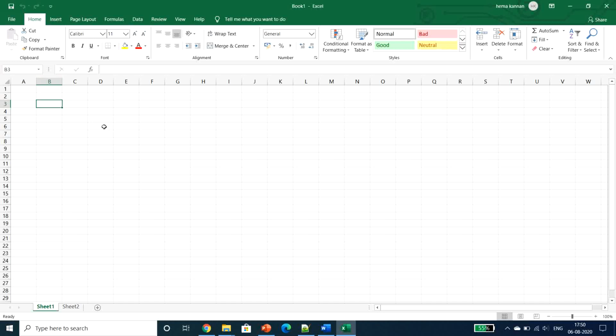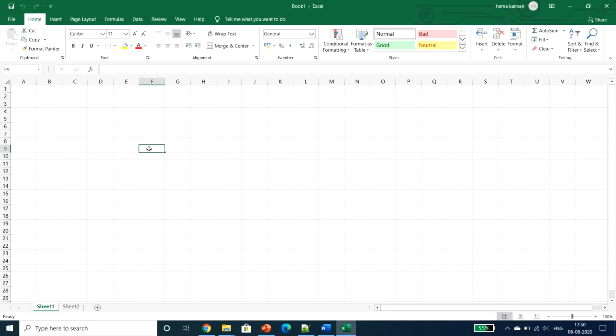If I mention here, the column will be D and the row number is 6, so this cell is D6. And here the column is F and the row number is 9, so the cell is F9.